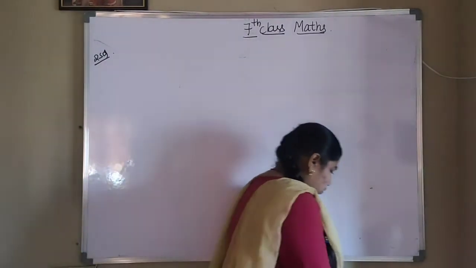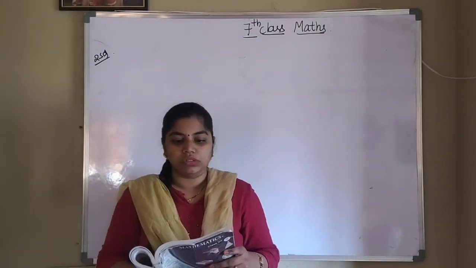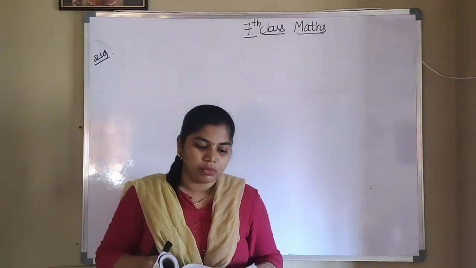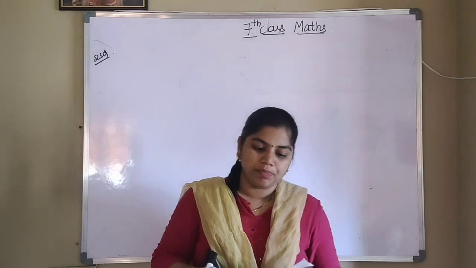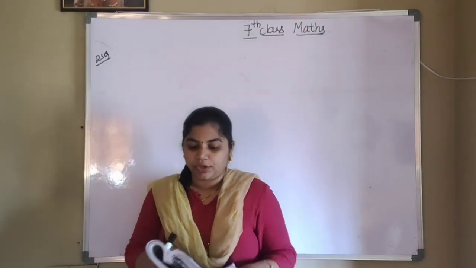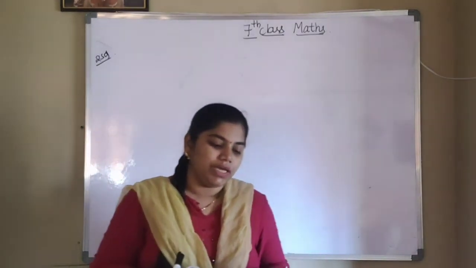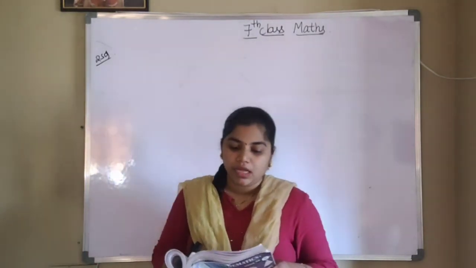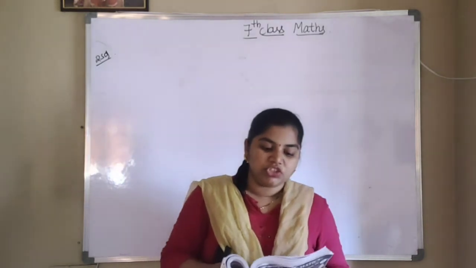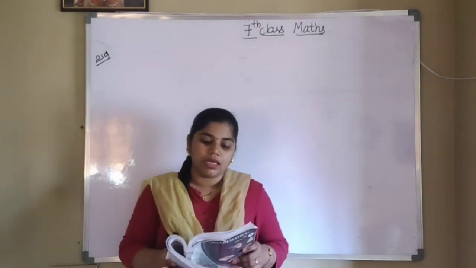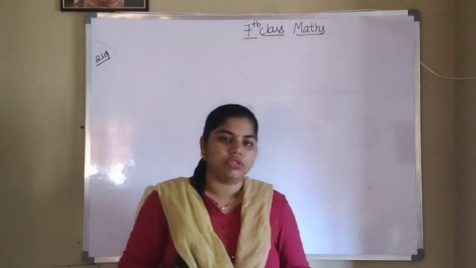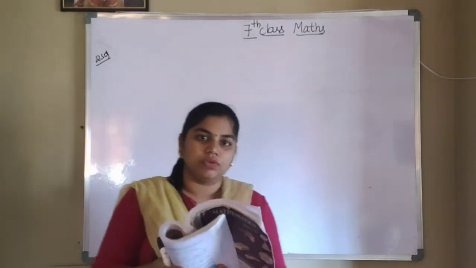Second one. The map given below shows 5 different villages. Village M lies exactly halfway between two pairs of villages, A and B, as well as P and Q. So what is the distance between village A and village P? So we have to find the distance between village A and village P. Hint: check if triangle PAM is congruent to triangle QBM. So we also have to check whether both are congruent to each other or not.